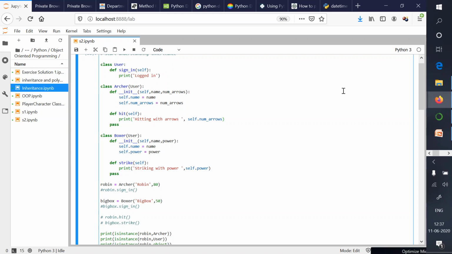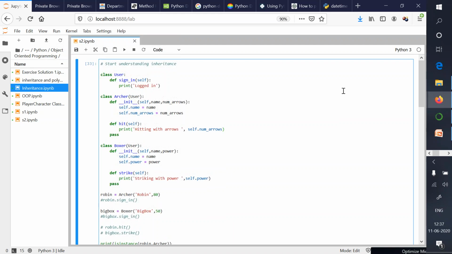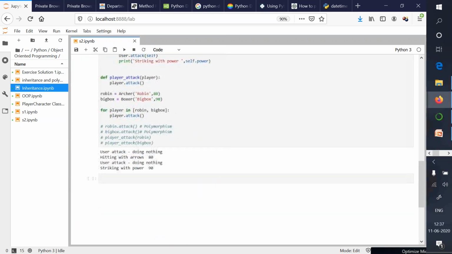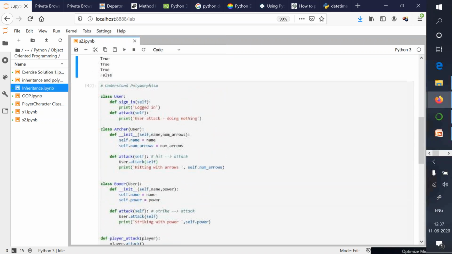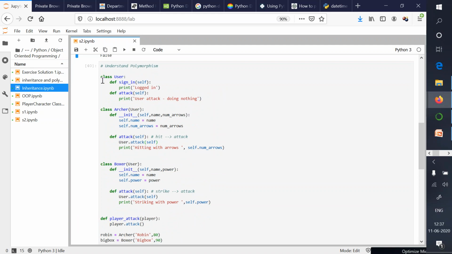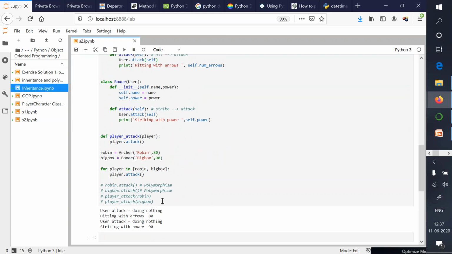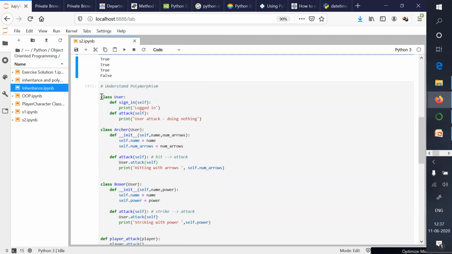Okay. So, students, in the previous session we understood the concept of inheritance as well as polymorphism, and this was the last example that we were working on. Now, we will try to understand the use of super methods.